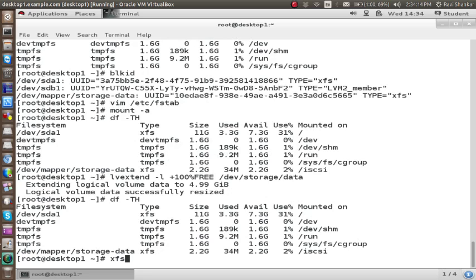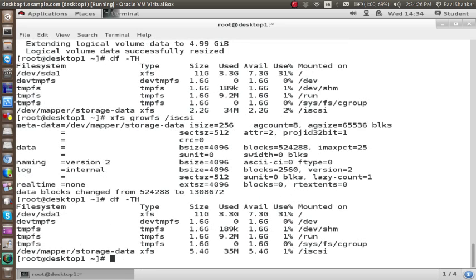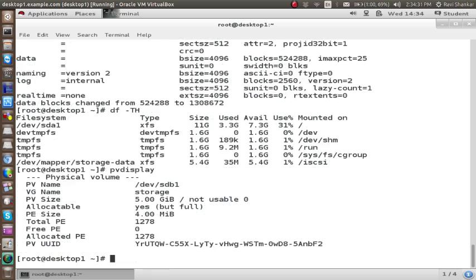Let's write xfs_growfs, and you can write either the iSCSI mount point, or you can define the device name. Now if you see, the full disk space is available. Now if you see pvdisplay, there is no free extent available. Now if you wish to extend it, what you can do,